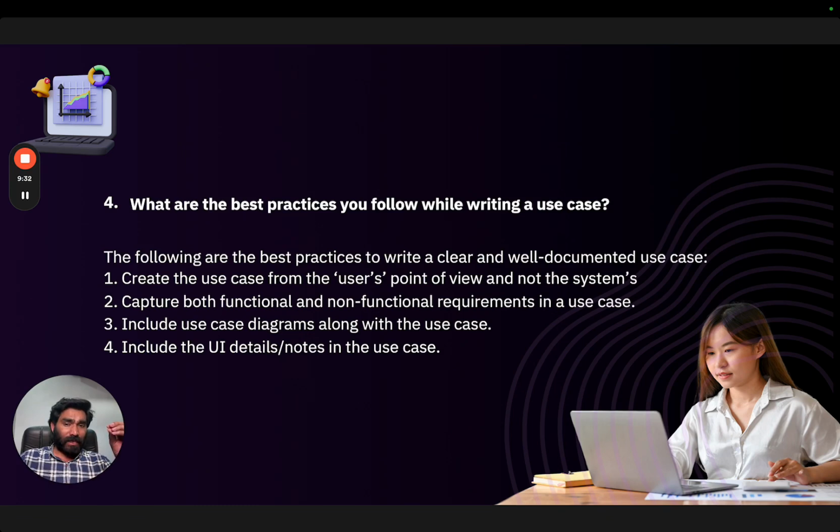Whatever it is, whether it is required or not required, must have or just good to know, just gather all the information before going ahead with any conclusion, or maybe the development parts and all. So include a use case diagram along with the use case. It is always good to have that if you can design a flow from A to B, B to C, C to E, so that gives more